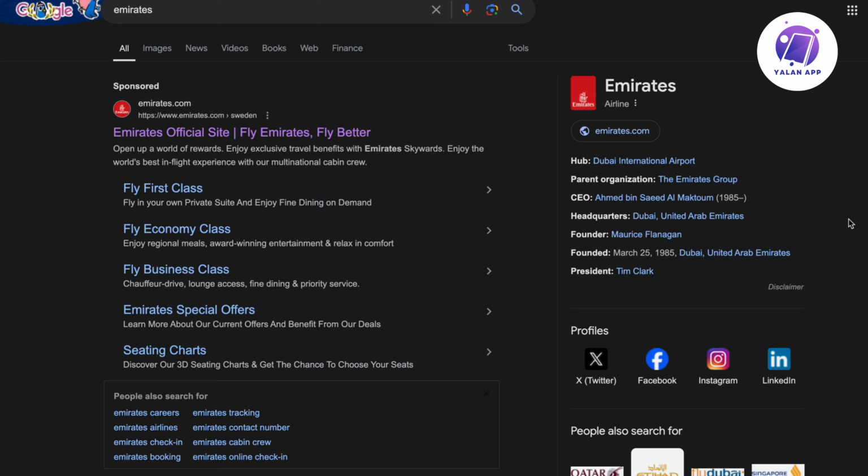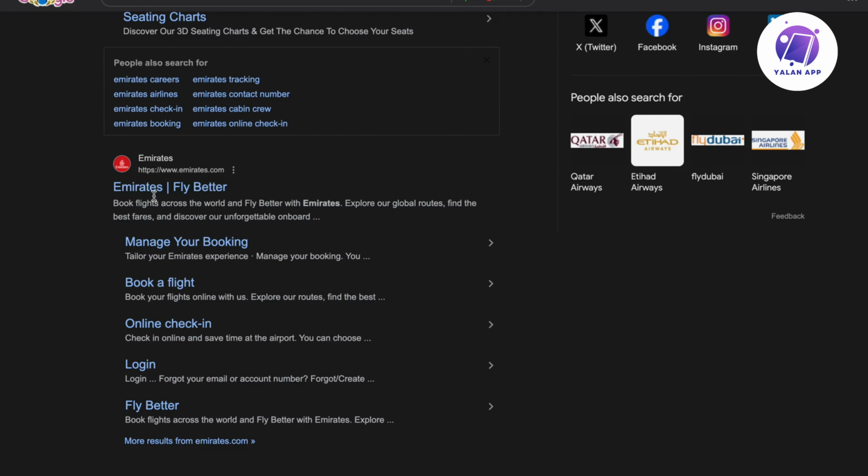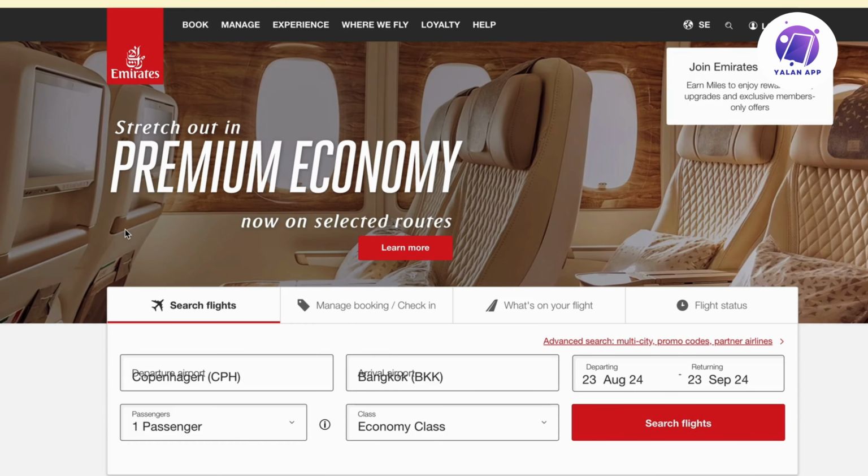on Emirates is to firstly go into Google and then search for just Emirates, as you can see. And then we're just going to scroll down and choose this result right here. So click on this result right here, because what will happen now is that it will take us straight to the Emirates website. It's going to also take us straight to the homepage where we can actually start searching our